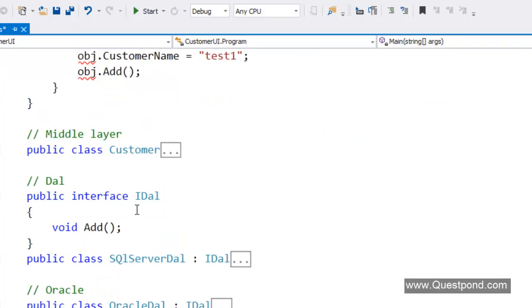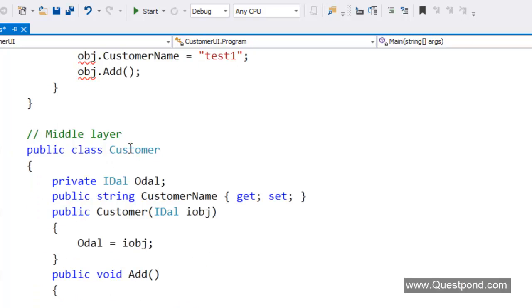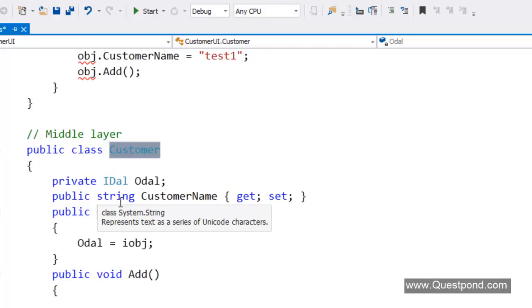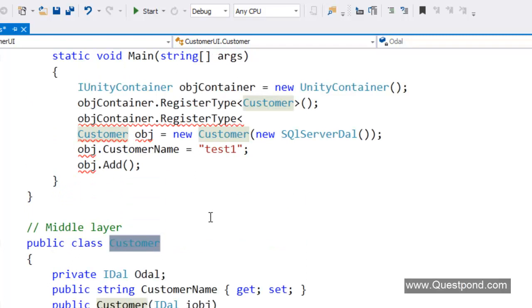I'll say one is your main class like customer. When you register a customer class, there is no dependency injection happening on the customer class. But remember, when you are registering a SQL Server class or an Oracle class, that's what is actually going to get dependency injected. In other words, those are the dependent objects. So when you are registering objects which are dependent on each other, on which the actual dependency injection is going to happen,